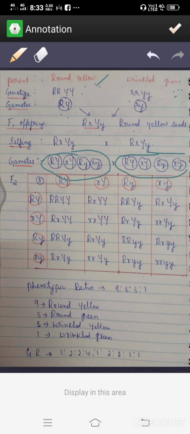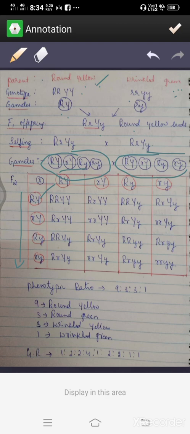So how to cross this? We need the F2 generation now. To cross this in the dihybrid cross, we have to use only the Punnett square system, or the checkerboard system, which is mentioned here. One pair of gametes goes over here, and another pair of gametes over here, horizontally and vertically. I said in the last class how to cross this, as in the monohybrid cross: this with this, again this with this, like this. You know the multiplication, you can try it, you will get it.